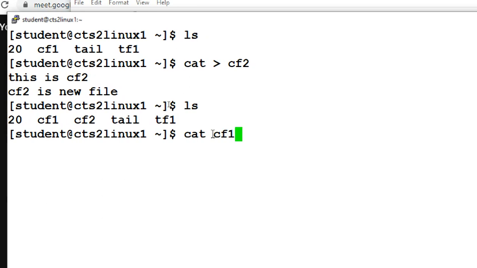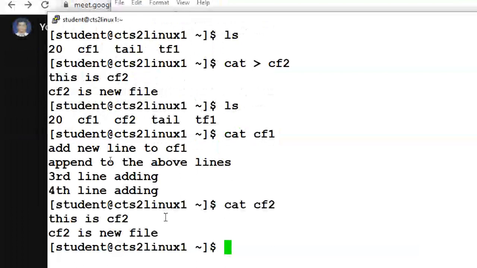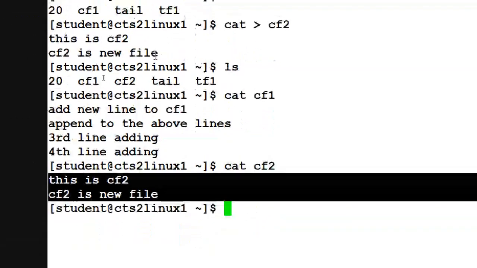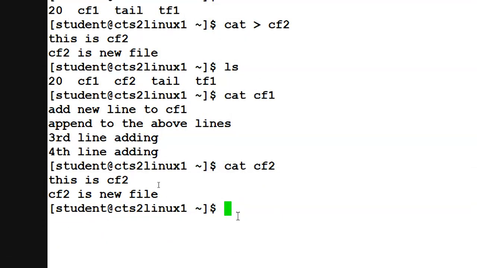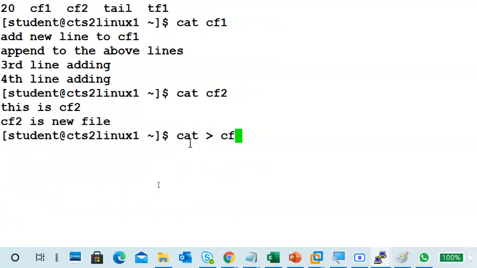Cat CF2. So that is CF1, CF2. What is the content in CF2? Whatever data was added, that same data, two lines, is displaying. If I use cat greater than CF2,